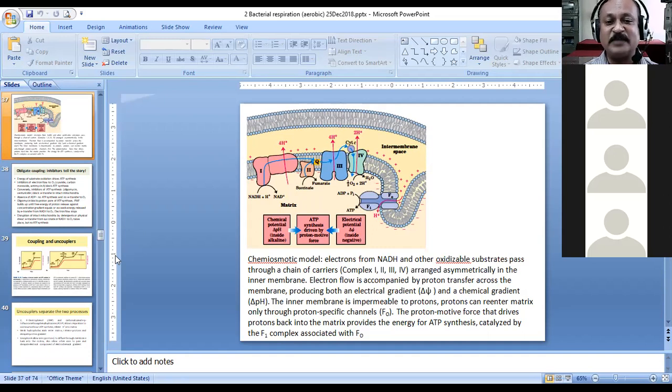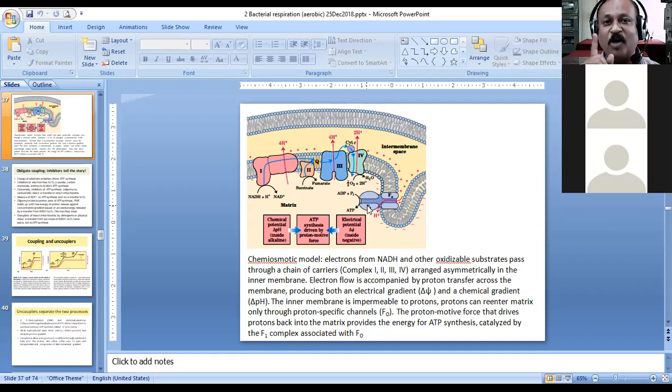Okay, so as the protons move inside through the ATP synthase complex, the F1 part here, which is projecting inside the mitochondrial matrix, this F1 complex is going to get that energy. It is going to trap the energy. It will change its own conformation in a certain way. We are going to see all the details of that in a short while.